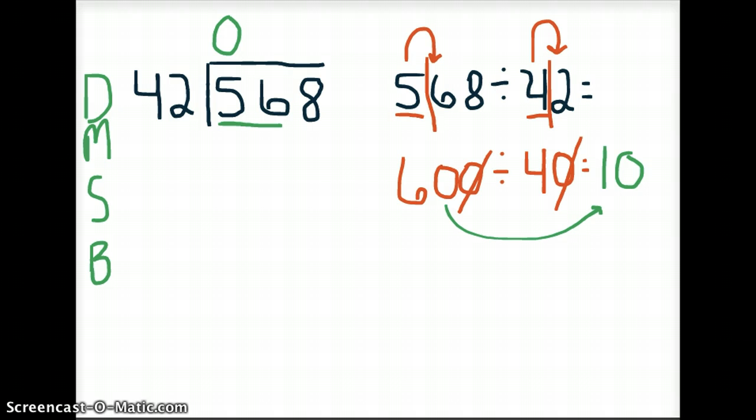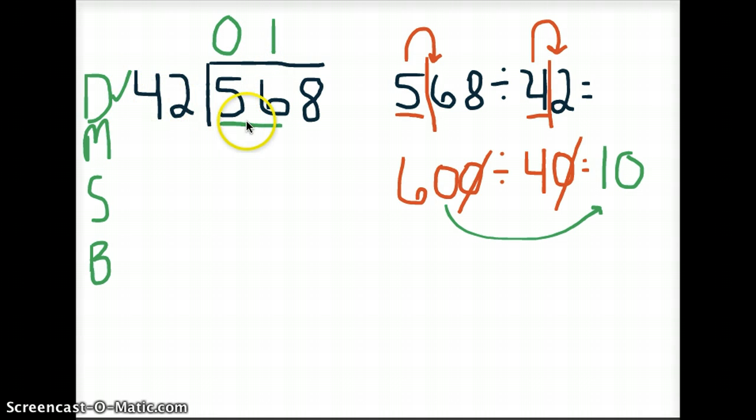This would be a time that you would use a whiteboard to use guess and check strategies to see how many times 42 can fit into 56. But for the sake of time, I'm just going to tell you right now, it can only fit in one time because 42 is very close to this number 56. If we were to multiply it times 2, it would be too much. It would be in the 80s. It would be 84 actually. So 42 times 1,